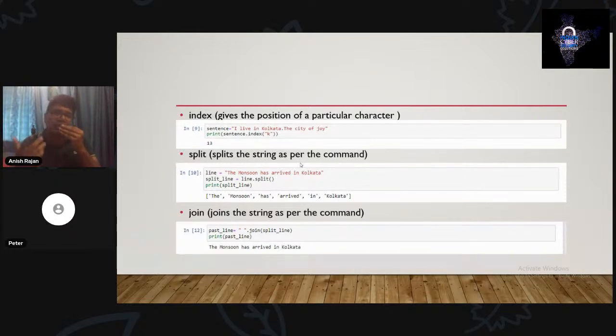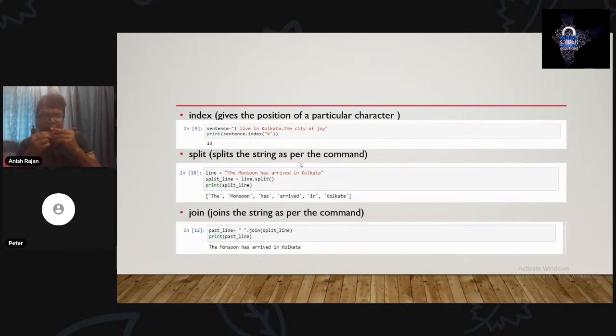But now what this split function is doing is that it's breaking the string into parts. It's splitting it into parts, and it is storing it here. So we can see that the has been separated, monsoon has been separated. Again, this is also a very important function of string, because it's helping us to split the string. For example, if we have a very big string, we can split it into parts.